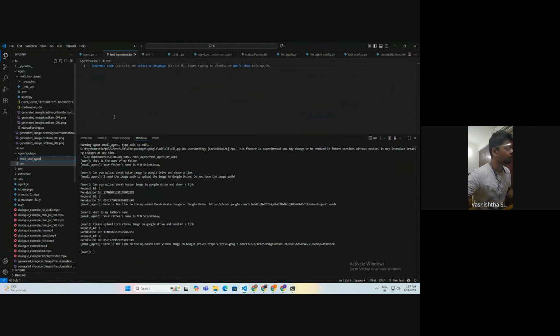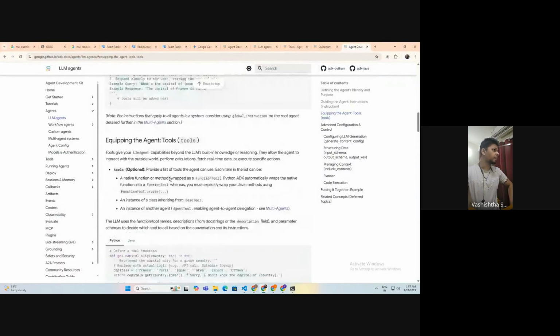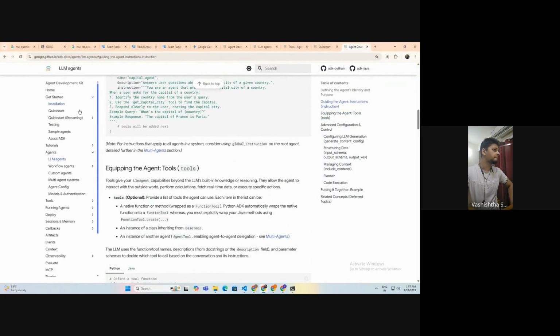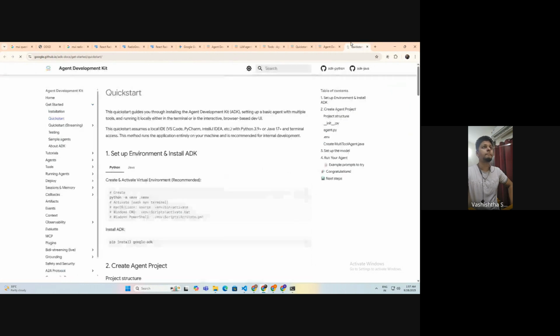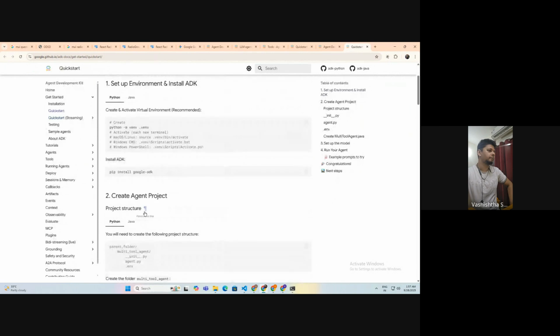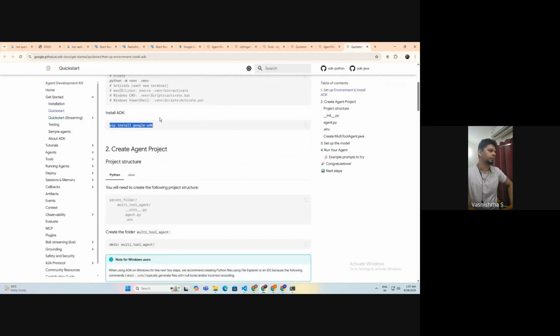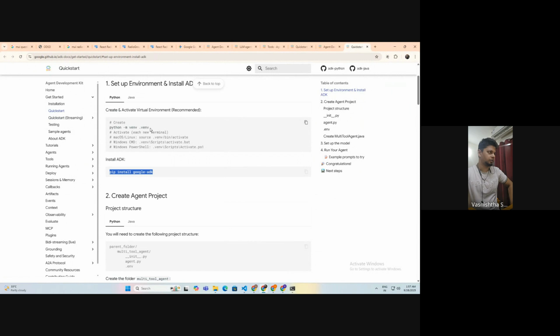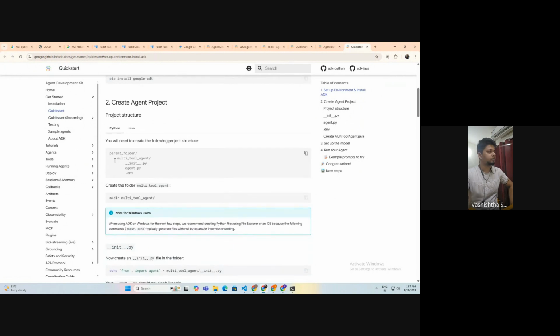Let me show you the documentation of this as well, so that it is clear what I'm doing. There was this pip install command which I have done. I have created my environment as well. And this is the folder structure that we need to create.